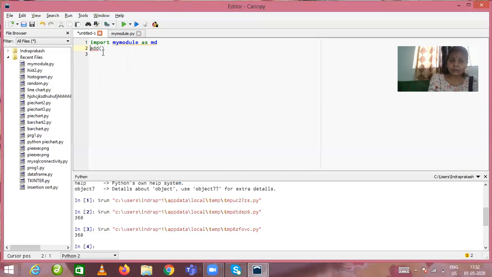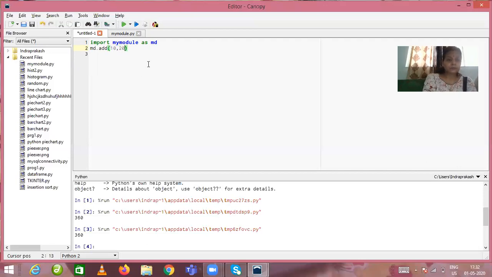So we need to call the function with its object name. Remember this point: md dot function name, which is add, and now we have to pass the values which have to be operated on by the function. I am just giving constant values right now, 10, 20.